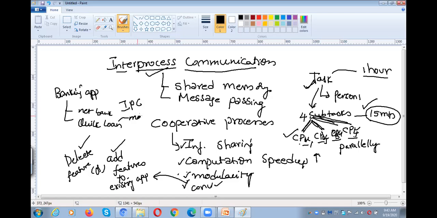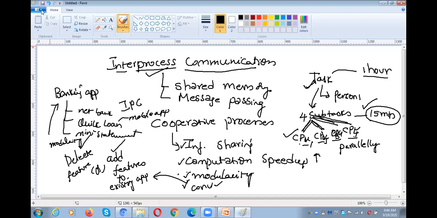Likewise, earlier we needed to go to the internet center to take the mini statement, but from your mobile app you can take the mini statement. Every time we are adding more facilities to the banking application. Because of the modularity only, it is possible to add a new feature to the existing application.